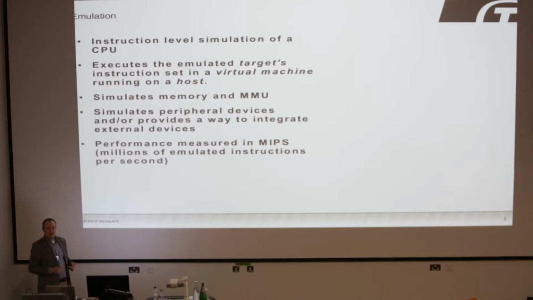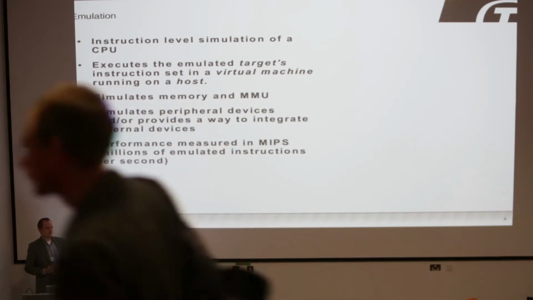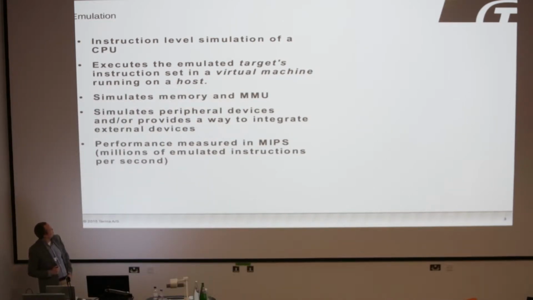And when we do emulators, we usually measure performance in MIPS, and that's millions of emulated instructions per second. The benchmark is usually running Dhrystone when you test for integer performance, and that's really confusing because Dhrystone also reports a MIPS number, which is completely different and has nothing to do with this. Anyway,